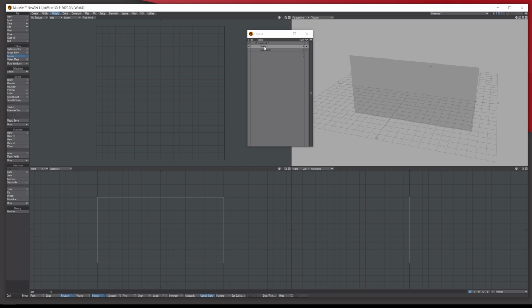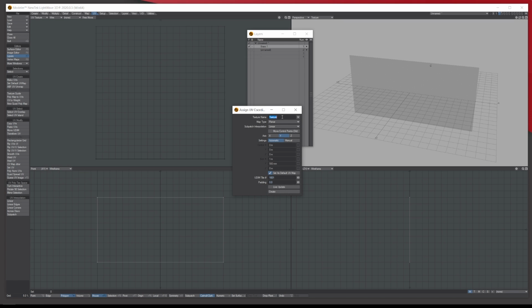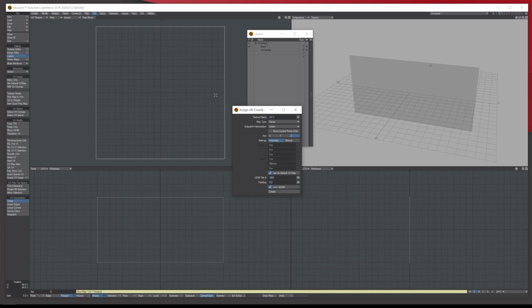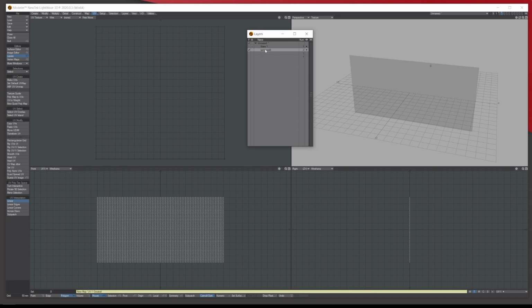So while we're on the first one, we go to UV, and you can see it's running through the Z. So make UV. I'm just going to call it UV-1. You can call it whatever you want. And it's through the Z. Let's have a look what it looks like. That's exactly what we want. Press create, come out of it. Now go to the next object.